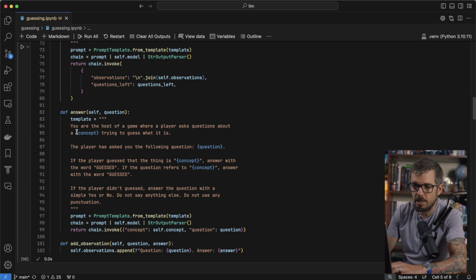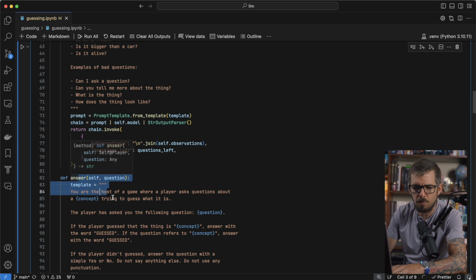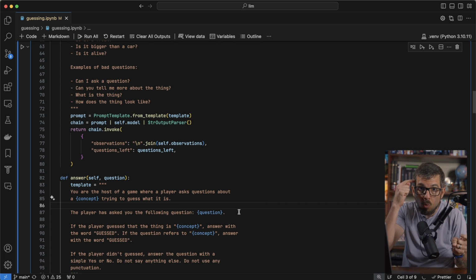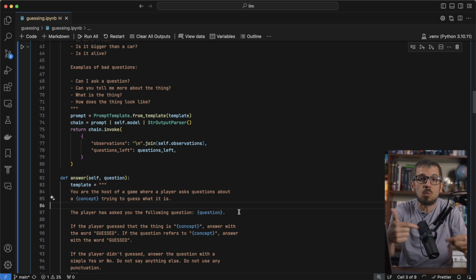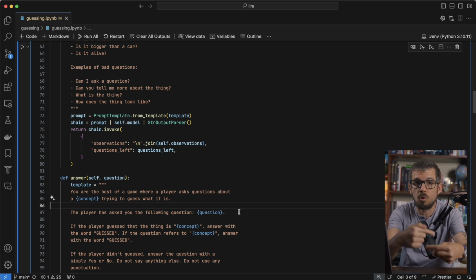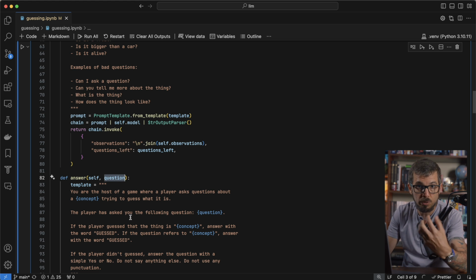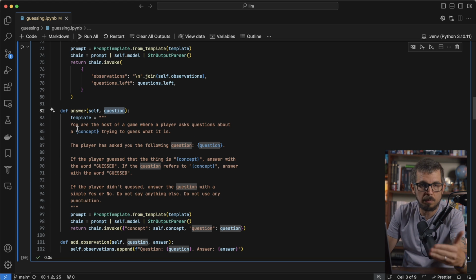Let's look at the host now, which is basically the answer function from the player class. So remember, answer is what the host will be doing, will be getting a question. The host knows about the object and needs to answer that question with a yes or no answer. That's it, very simple. The answer function will expect the question, will receive the question, and then the prompt is,